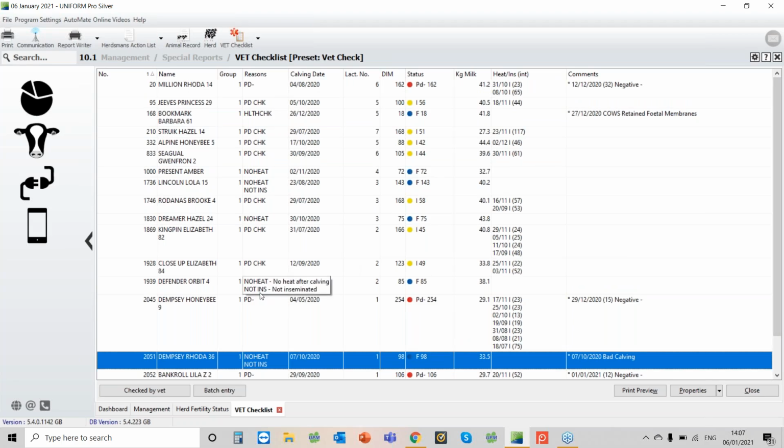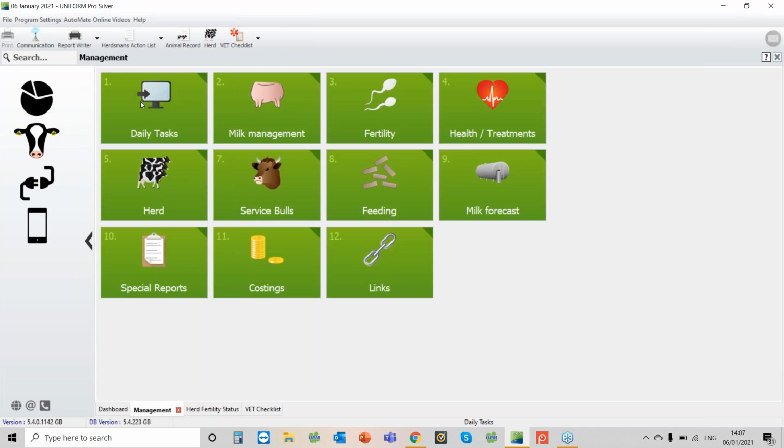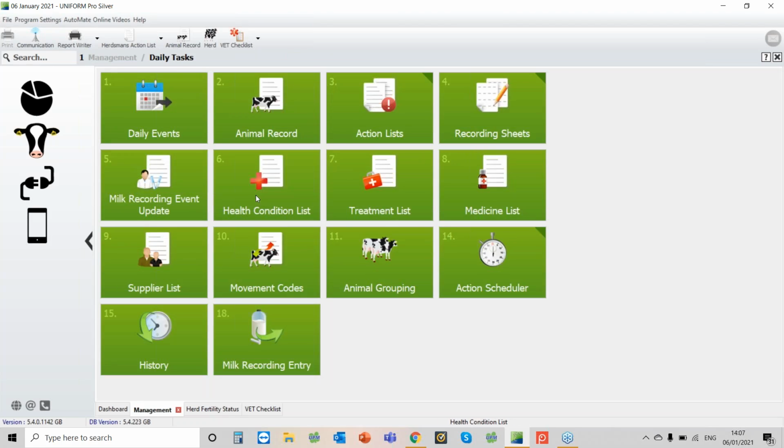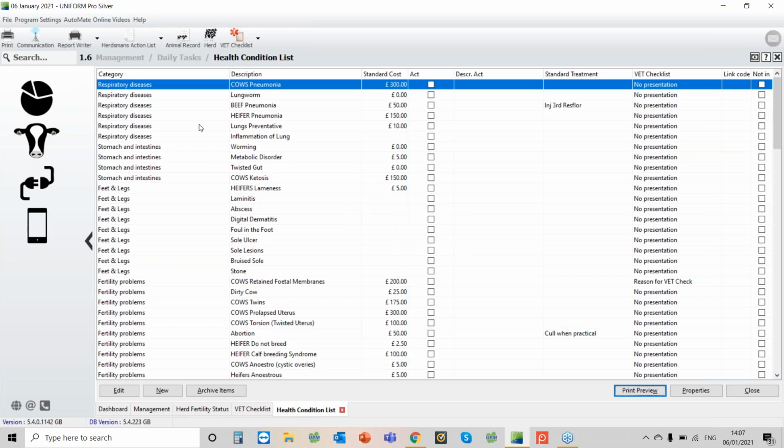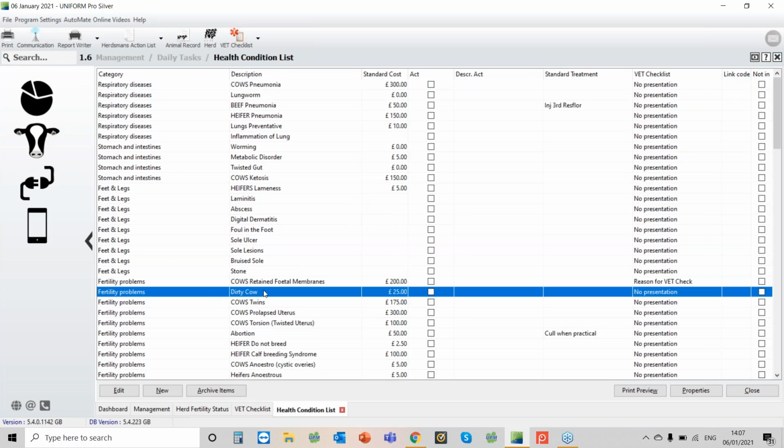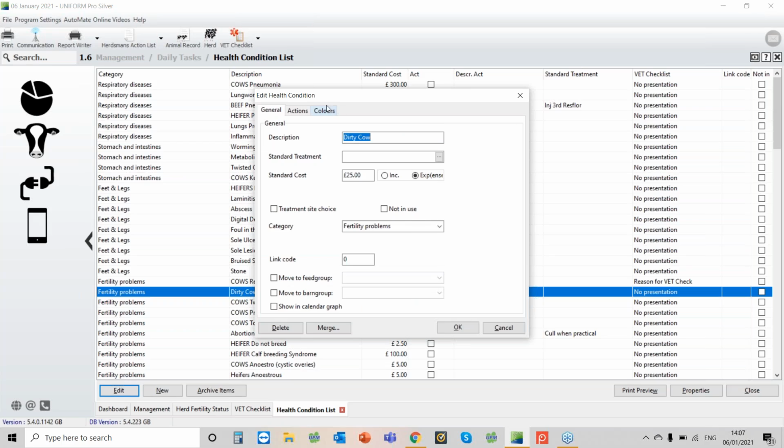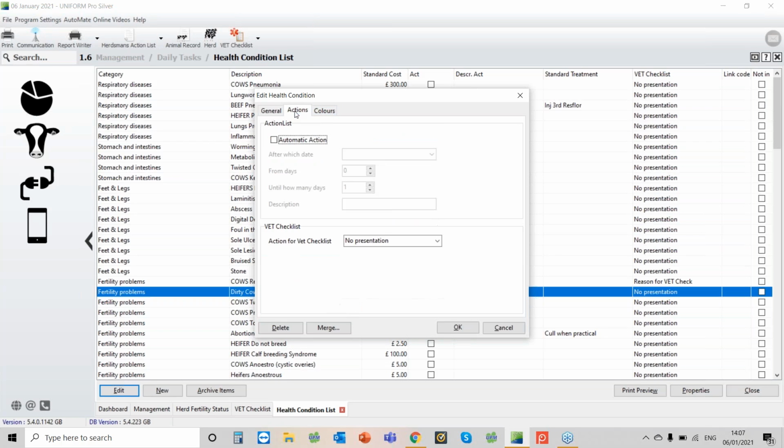So just to show you where you can enter in those options, if you go to the cow's head, daily tasks, and then into health condition list or your treatment list, and then if we find the one we want, so if we use this one, dirty cow, and then go to edit, then in here you've got this actions tab,